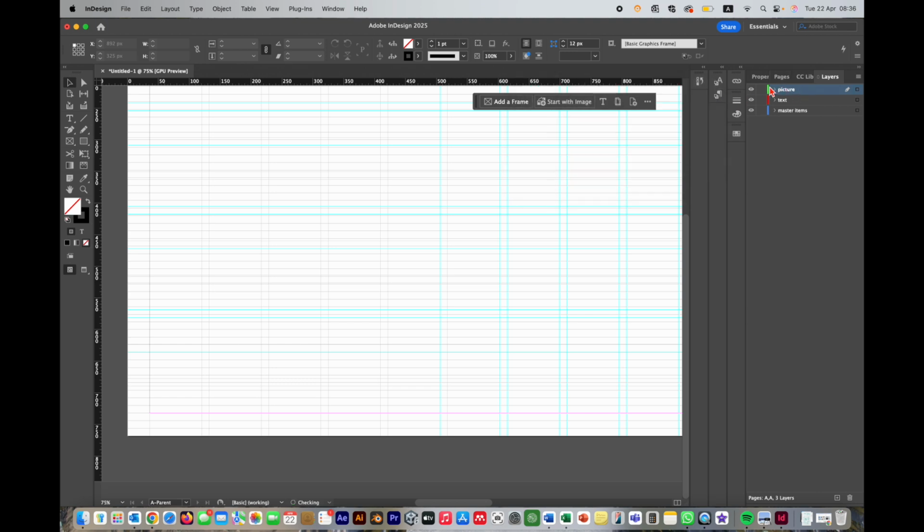All right, and you can see that there is a color code for this layer. So now we are working on the master item. Click on the master item. The first thing that I want to add is the page number. So for the page number,